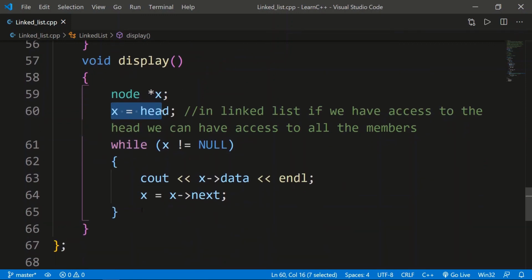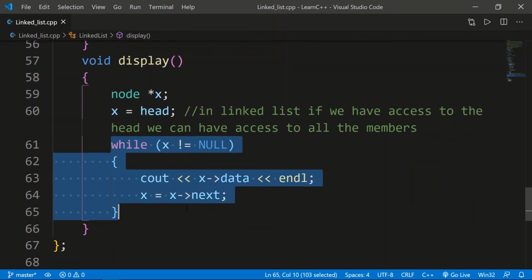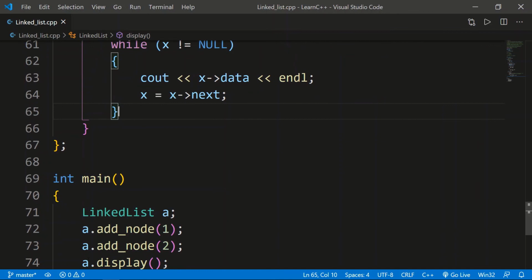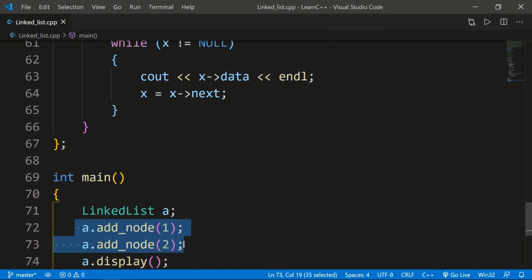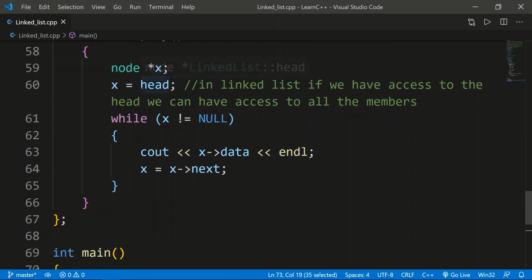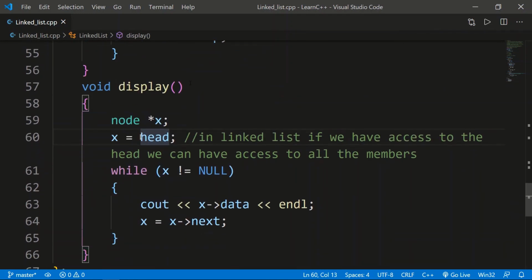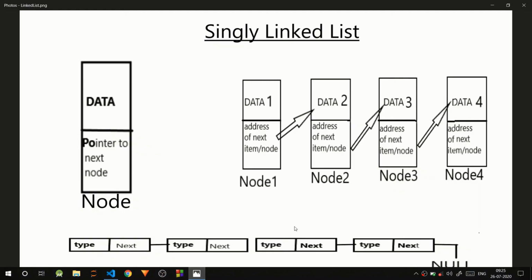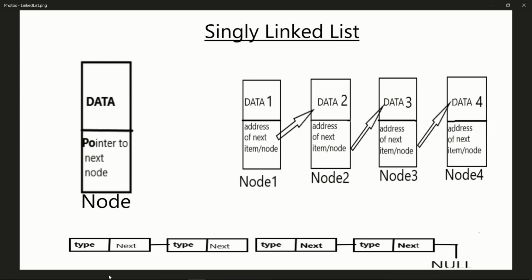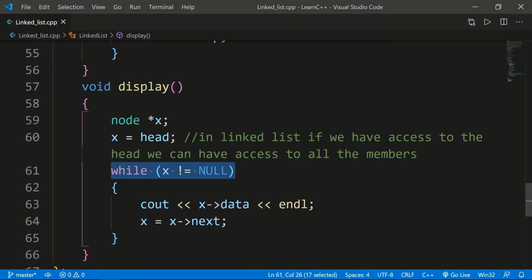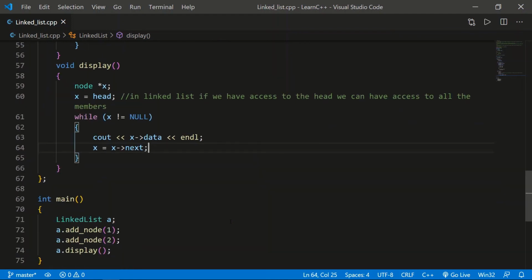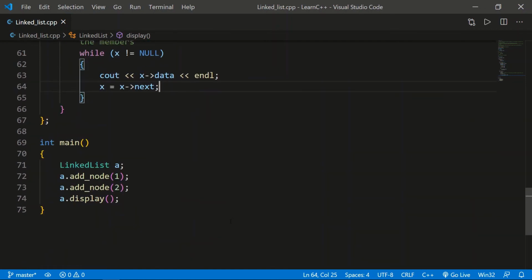Then we ran a while loop. We said that if x is not empty, and x is not empty because we already passed two values. You can see here this is inside this x. How did it come? Because we gave access to head, and head has access to tail and everything inside till it is null. And it will be null when it comes to the last element, because in this picture you can see the last node is always pointing to null. So till it reaches the last node, print out the data and change the value from x to x next. It's like i plus plus, it just goes to the next, till we reach the last. So that was the main basics of this linked list for adding data and displaying data.